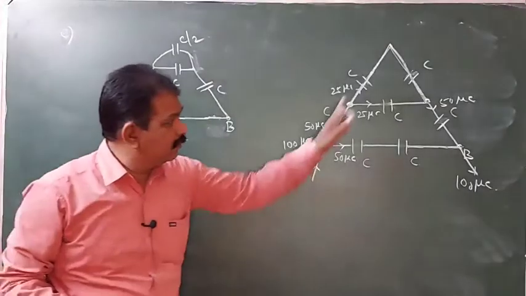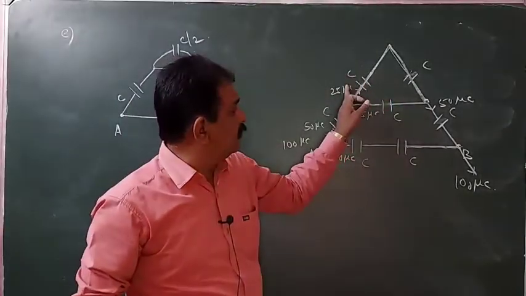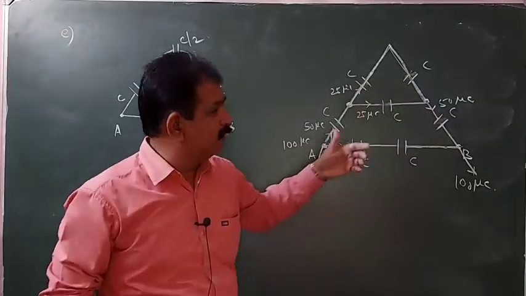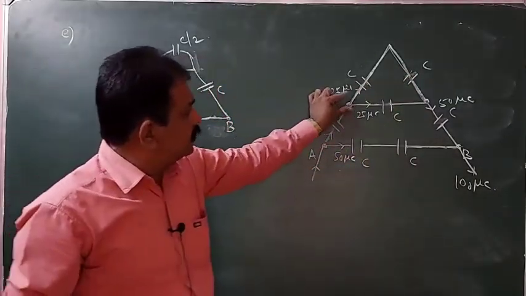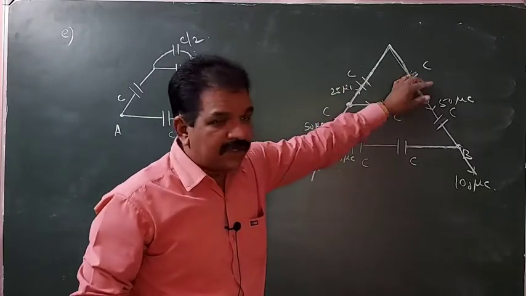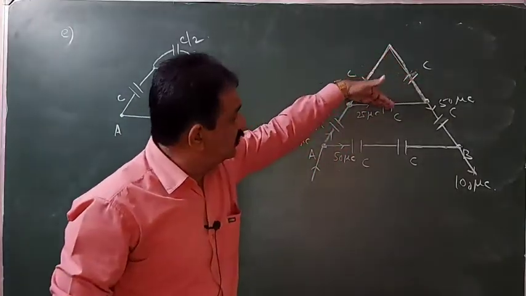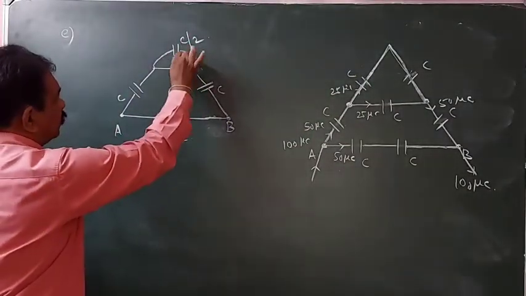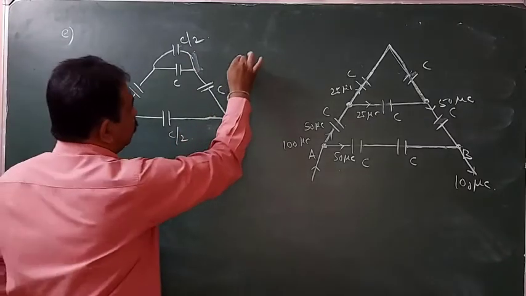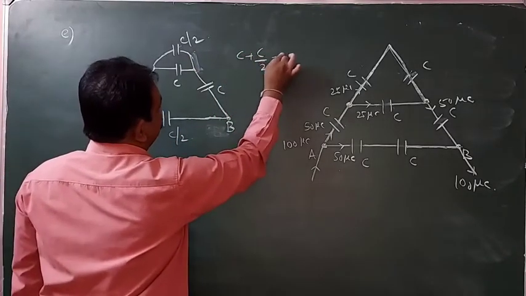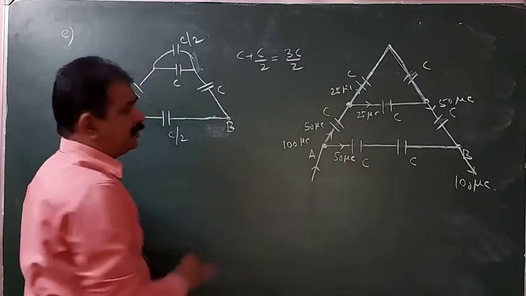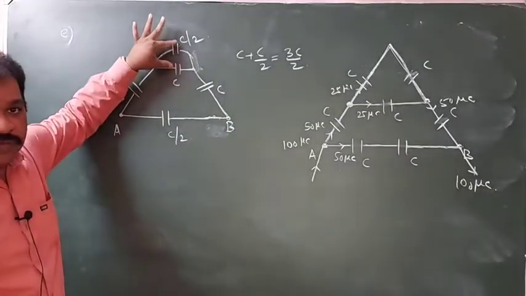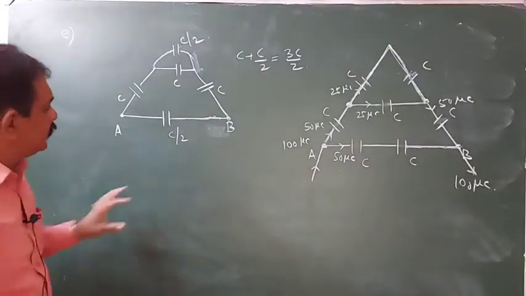Is it understood? These two are in series, right? In this 25, in this 25 microcoulombs. These two will be in series. Here the charge is divided, this charge is mixing here. So the effective of this is parallel to this. So these two will be parallel, simple. Parallel means what will happen? C plus C by 2, this will be 3C by 2. By removing these two, we can replace them with 3C by 2.